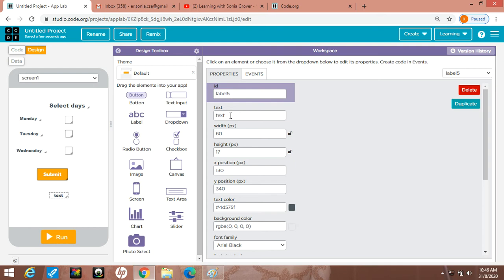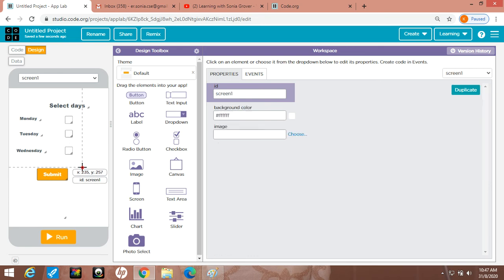When I am clicking on these checkboxes, the output should reflect here: Monday, Tuesday, Wednesday, days, like this. I am increasing the width of this. Output should come here when I am selecting these.